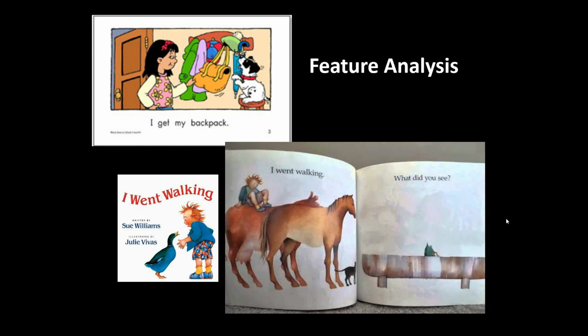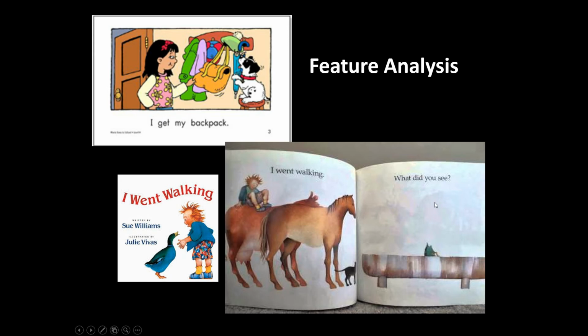And in feature analysis, they will be able to determine small gradations of difficulty. So here is a leveled text, and here is another text. Both of these texts have a limited number of words on the page, 3 or 4 words on every page. But this text is a lot simpler than this one, I Went Walking, because I Went Walking has a pattern